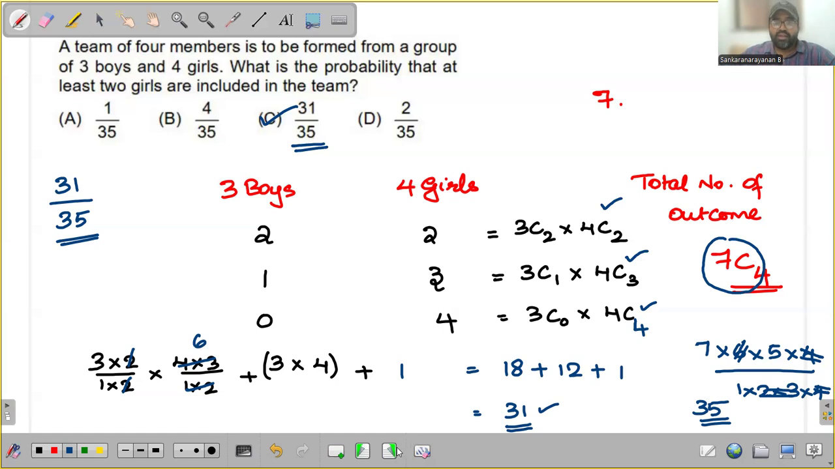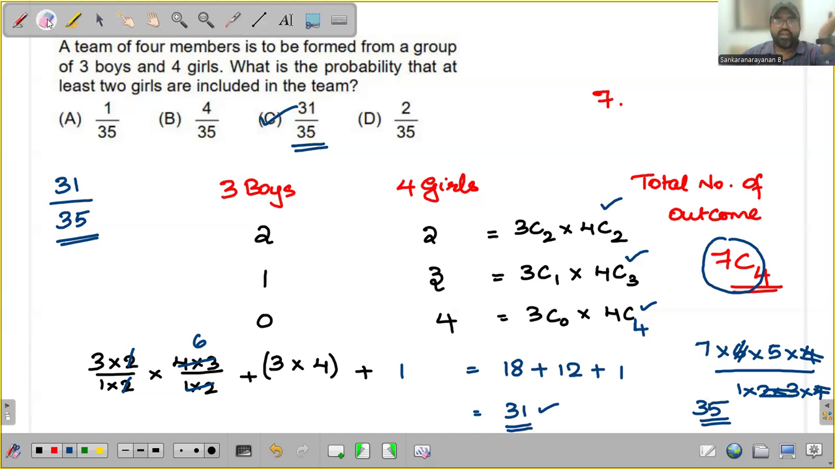Now let's go. Here it is at least 2. Okay, so what can be done